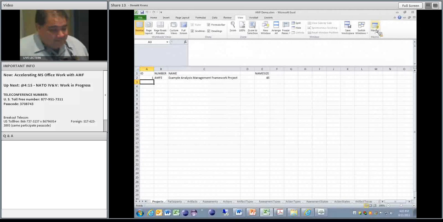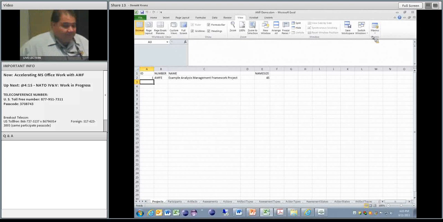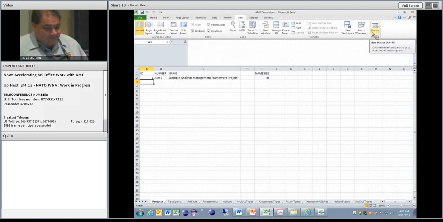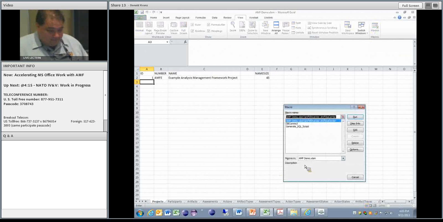Now, I've loaded those additional libraries into my environment, and I'm all configured now to start using some of these. If I go in here, we'll notice that I've got some more macros now available to me. So I loaded this in. And the one I want to work with is the generate SQL scripts. DB Connect is reused by that one internally, and it's used to set up connections to the underlying data. But if I run the generate script,